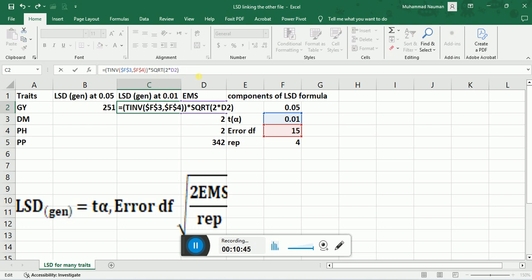Now close this whole entry in a bracket. No, first we will put the divisor, divide by replication, and fix this replication by placing the dollar sign.